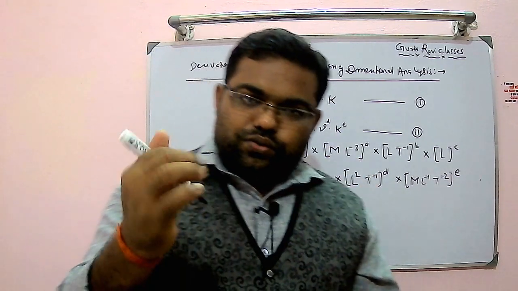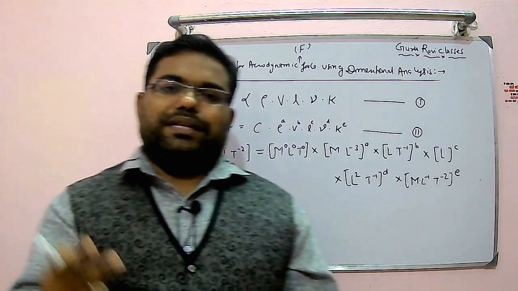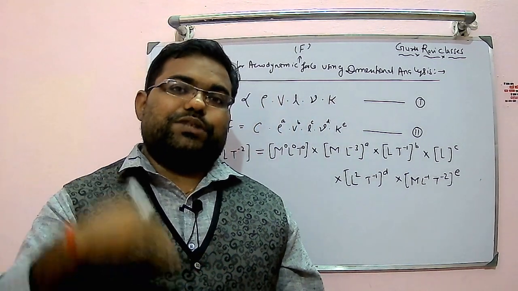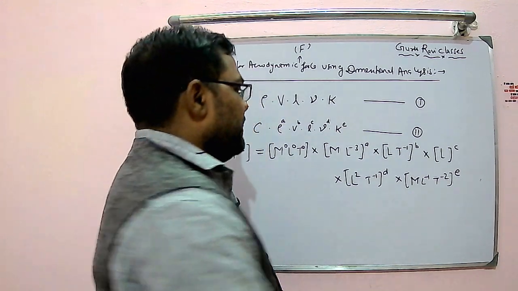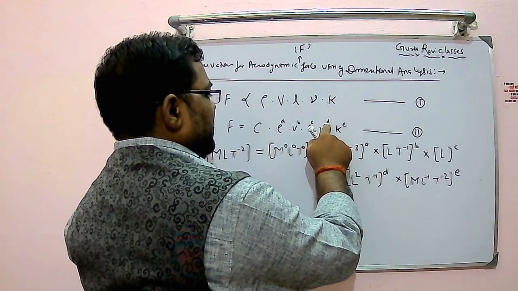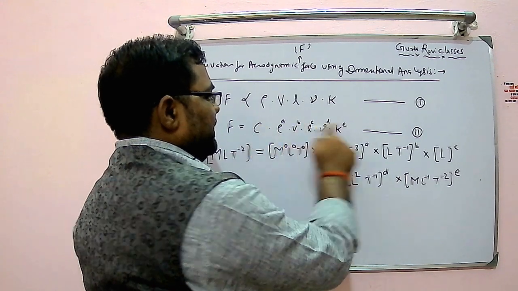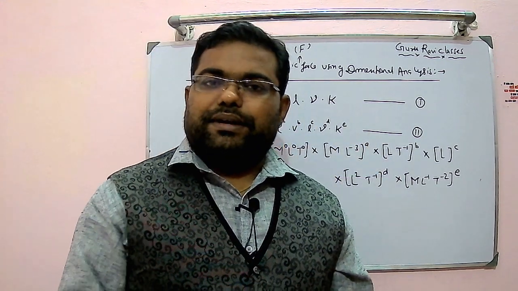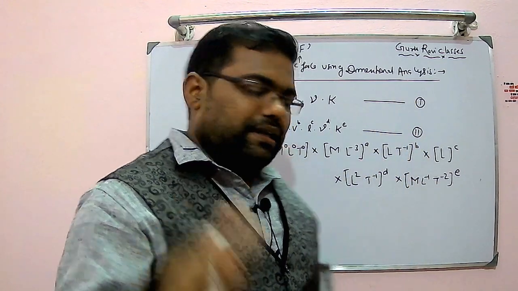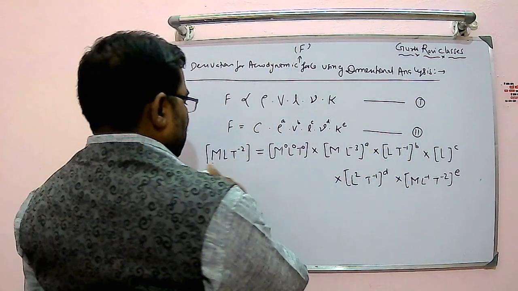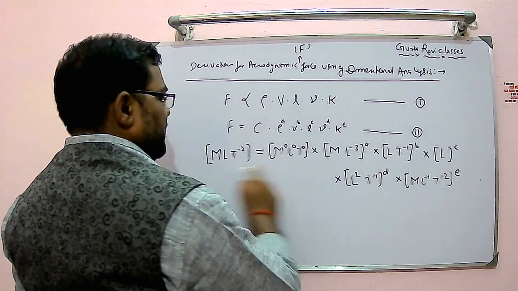So we are having two important properties which will be dominating over the aerodynamic forces. We need to express everything in terms of those two properties, and those two properties are having powers D and E. So we have to express A, B, C in terms of D and E, and then finally we'll substitute in equation number 2 and relate. So how to do so? Just equate the powers of M, L, T.